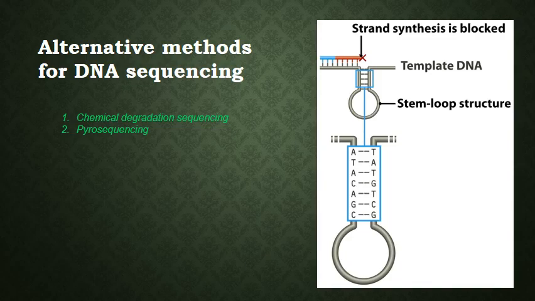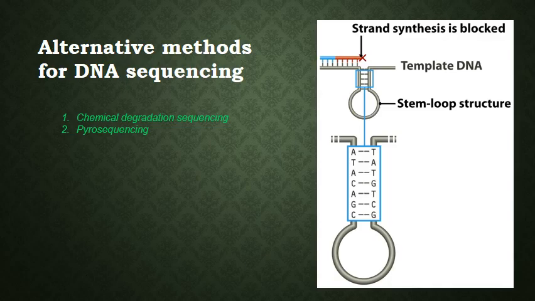Interstrand base pairs can block the progress of DNA polymerase, reducing the amount of strand synthesis that occurs, and can also alter the mobility of chain terminated molecules during electrophoresis, meaning that the order in which the molecules pass the detector is no longer determined solely by their length. Interstrand base pairs do not hinder chemical degradation sequencing, so this method can be used as an alternative when such problems arise.